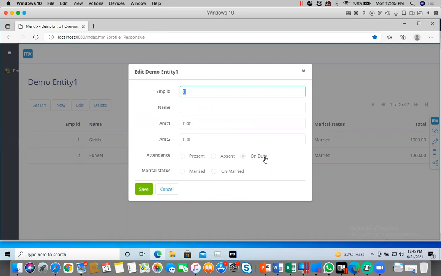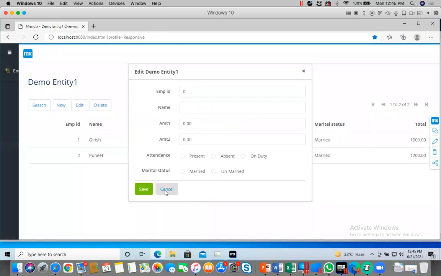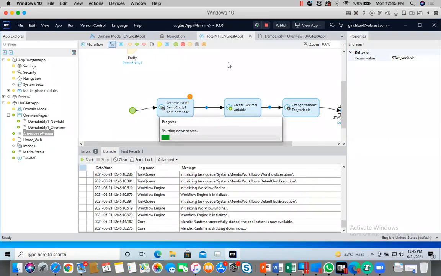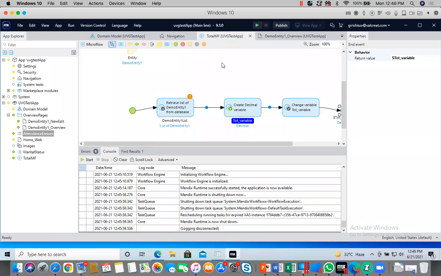So this is what I thought now I will show you. Now I'll go back to the app and close it. I think I will stop sharing. I will stop recording.